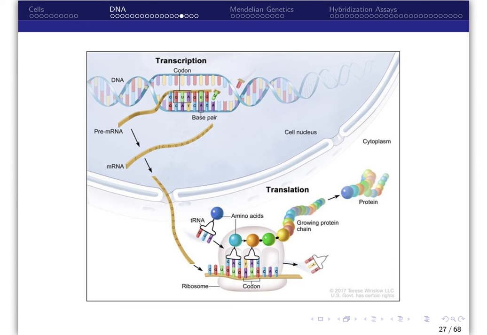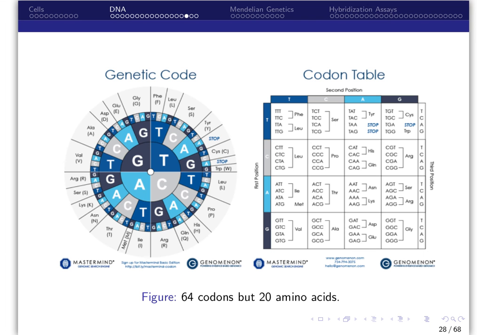Here is an ideogram illustrating the primary transcript being post-processed into mRNA, which moved into the cytoplasm, where then the ribosome helps direct the transfer RNAs, which bring the appropriate amino acid to each codon, or 3-base sequence, to grow the protein chain. This figure lists the 64 possible codons, or sequences of 3 RNA bases, and the corresponding amino